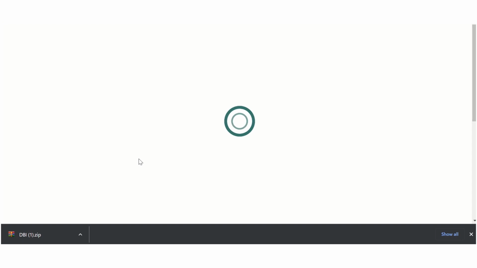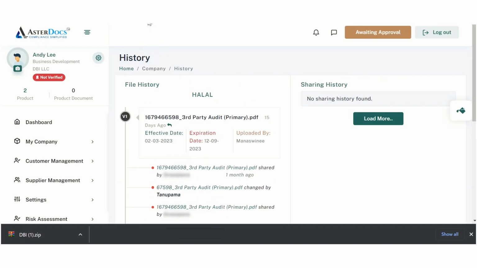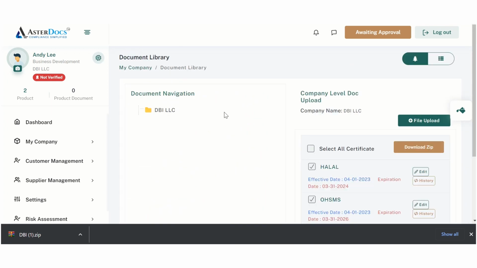Activity history feature is also available, where you can check the number of versions, what modifications were done to the document, by whom, and it also contains sharing history, that is the list of customers with whom you have shared the